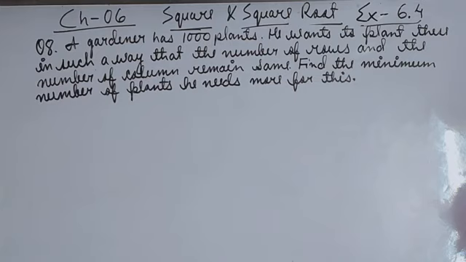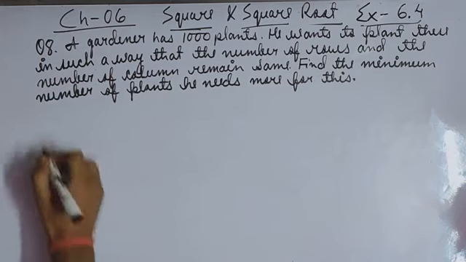So which concept has come out here, beta? It is: what should be added to the given number so that it becomes a perfect square. Now the given number is 1000, and the number of plants he needs will be the number that should be added to 1000 to make it a perfect square number. So that concept, the concept of question number 5, we are going to use here in question number 8 to find the number of plants he needs more. So let's start with the solution.